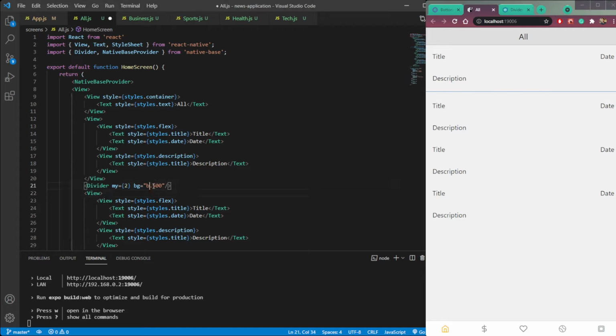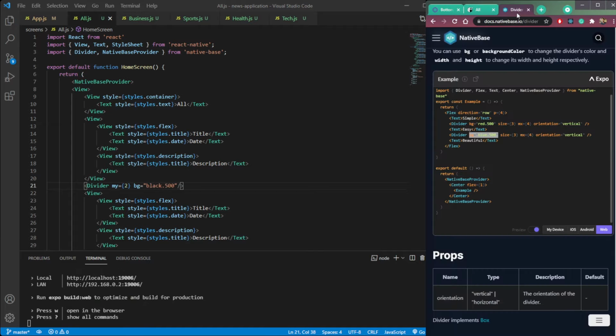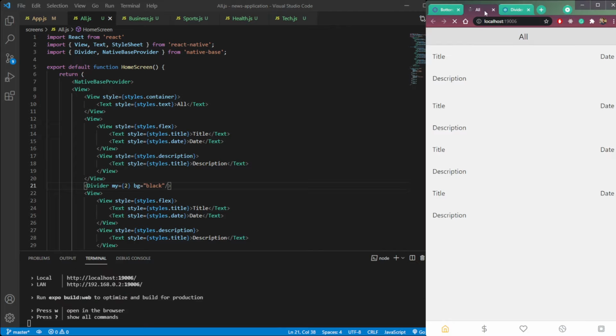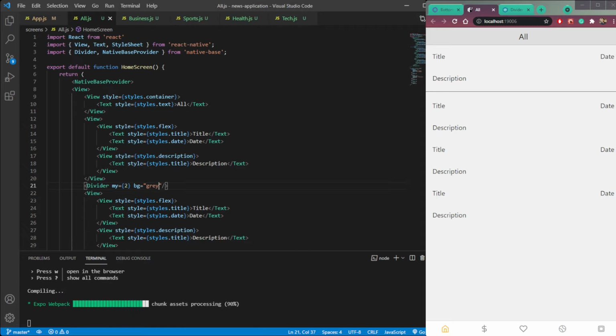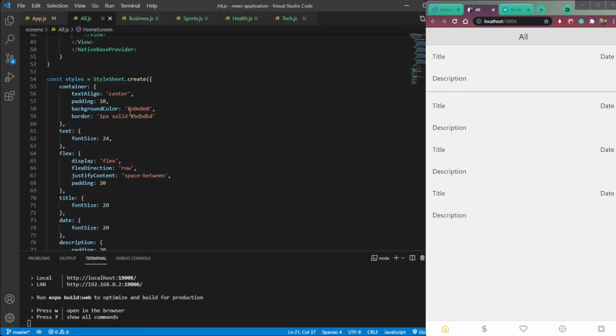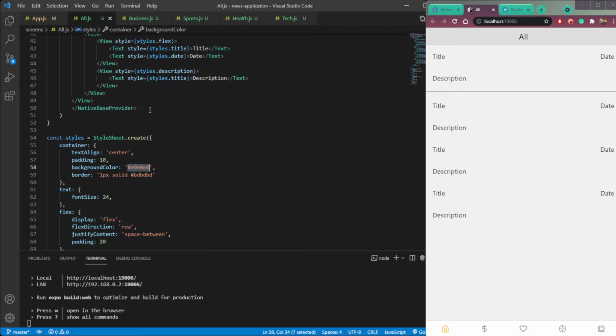So make it black. Or let's make it just black and see what happens. Okay, it is working now. We have the black divider, or we can also make it gray to make it lighter, or just use this E0 color.